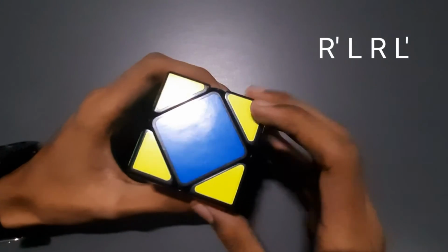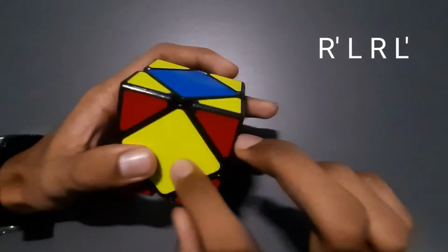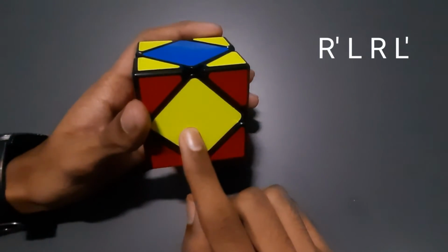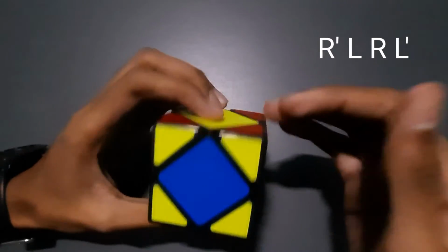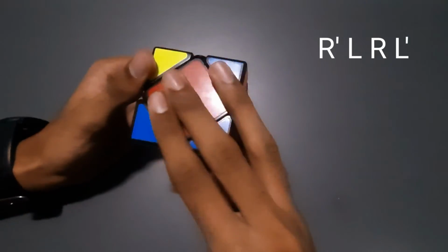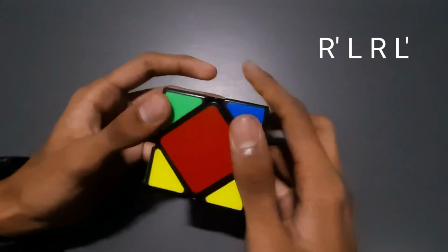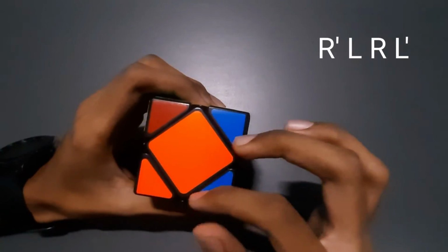So our next step, we need to get a yellow center. So we'll search for it, and it is here. So in this condition, we need to keep this yellow center away from us. So we need to keep it on this side and apply the formula. Right side down, left side down, right side up, left side up. So we did not get it, you will not get it.